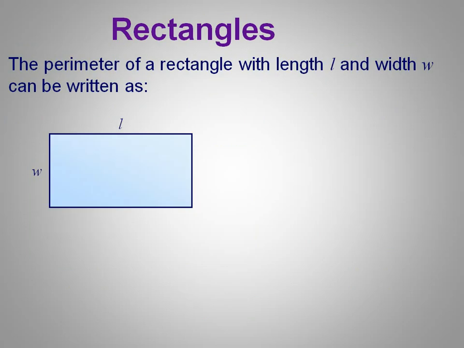A rectangle is a figure which has two pairs of opposite parallel sides. One side is the length and the opposite side is also the length, and one side is the width and the opposite side is also the width. Two different sides with some measurement is called a rectangle. A rectangle has two different pairs of parallel sides.